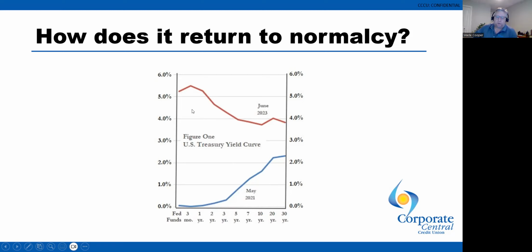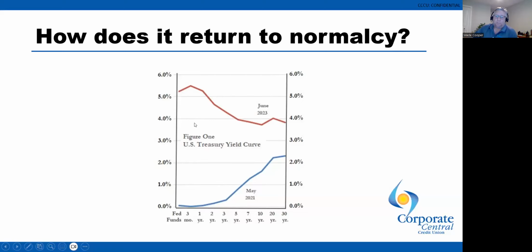We're going to be talking about the expectations of Fed cuts in a second. But how does this return? Does the long end go up while this craters? Do they move kind of in tandem? This goes up at the same time this goes down. Does this just absolutely crater down here as this stays put? Nobody really knows what's going to happen, but eventually we want it to look more like this. We just don't know how it's going to happen.